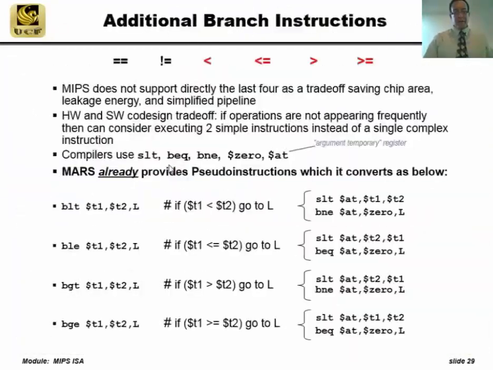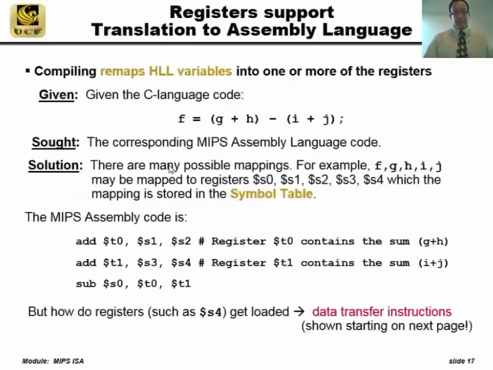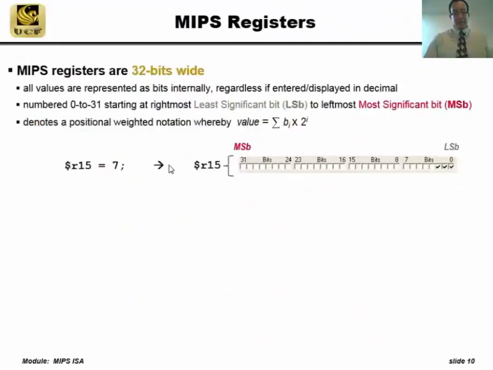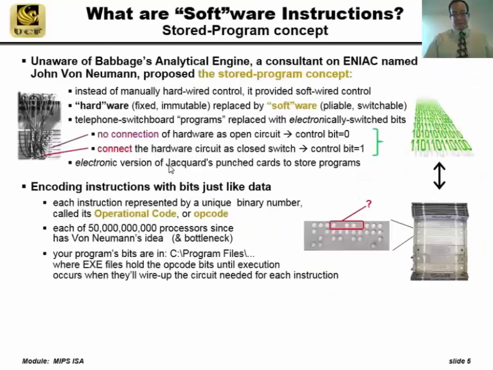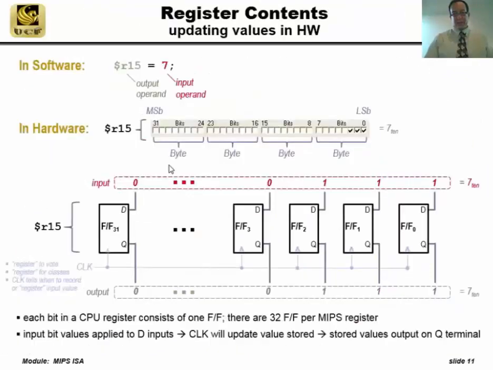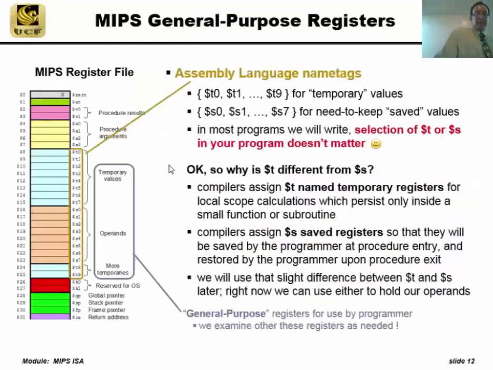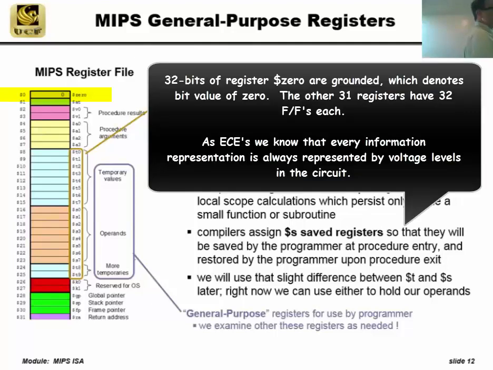We had a slide for that. We'll just pull it up again and refresh your memory, so to speak. I zoomed by it. There we go. So that's the contents of the register. Each one of those bits is stored in a flip-flop. You're going to say, okay. Except for which register of these 32? This is the MIPS register file. Register 0. As we mentioned last time, we're just going to ground out each one of those because that's 0 volts. Remember, every